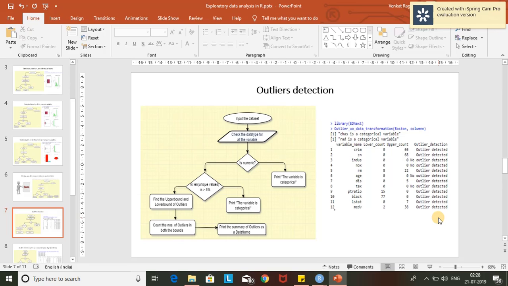So if I want to study the outliers in each and every variable of my data set, and if I want a summary of how many outliers are there in each variable below the lower bound and above the upper bound, this function, outlier without data transformation, is going to help me in giving the summary of the number of counts of outliers below the lower boundary and the number of counts of outliers above the upper boundary, and